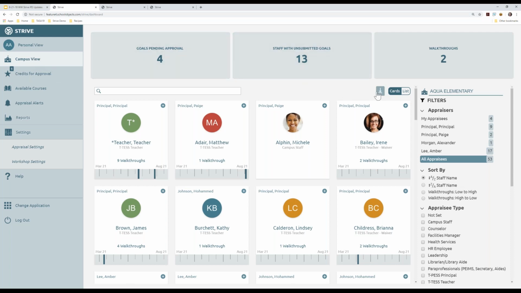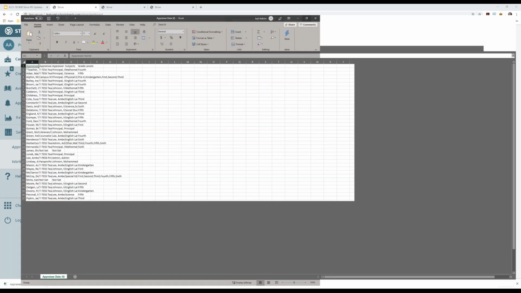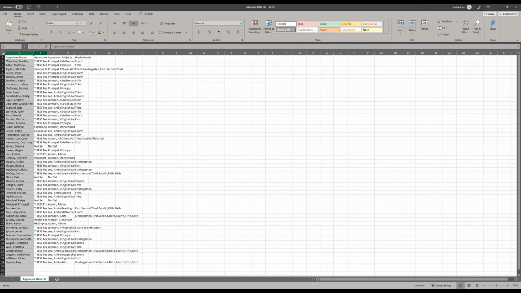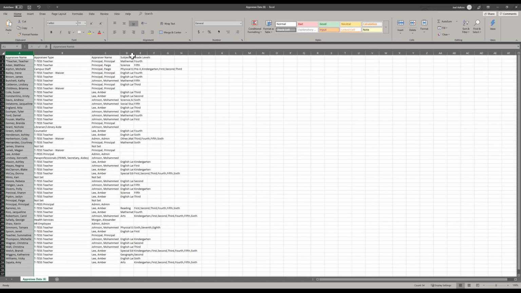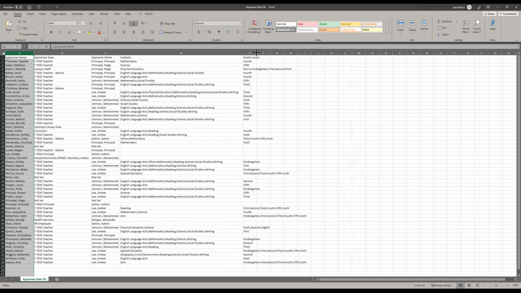First thing is in the campus view, so for your principals and appraisers who access the campus view, there's a new little button here. It's by the card list switch, and it is download appraisee type. It's just a simple quick button, and all it does is download the appraisee data for the campus. In the spreadsheet, it gives me the appraisee's name, their appraisee type, their appraiser,